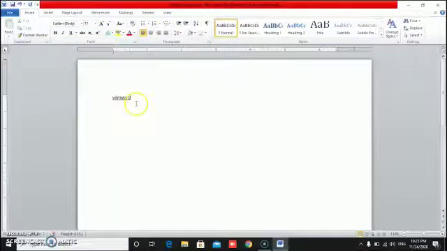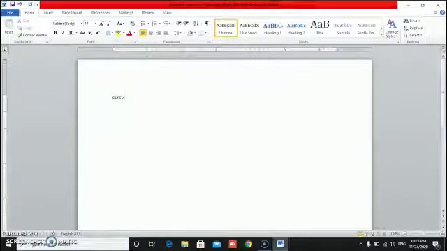Okay, now I want to tell you how to enter the text in Microsoft Word. Now I will let you know how to start writing in Microsoft Word. Okay, this is your cursor. This line which is blinking is known as the cursor.